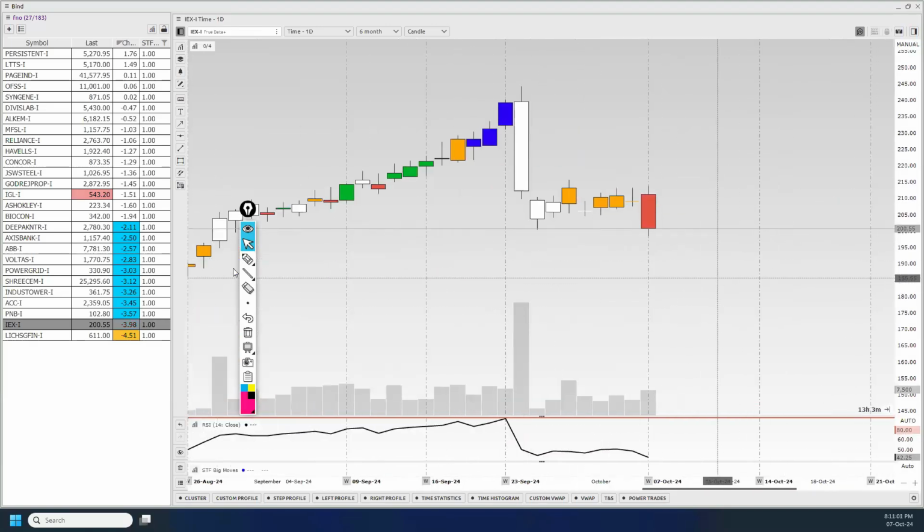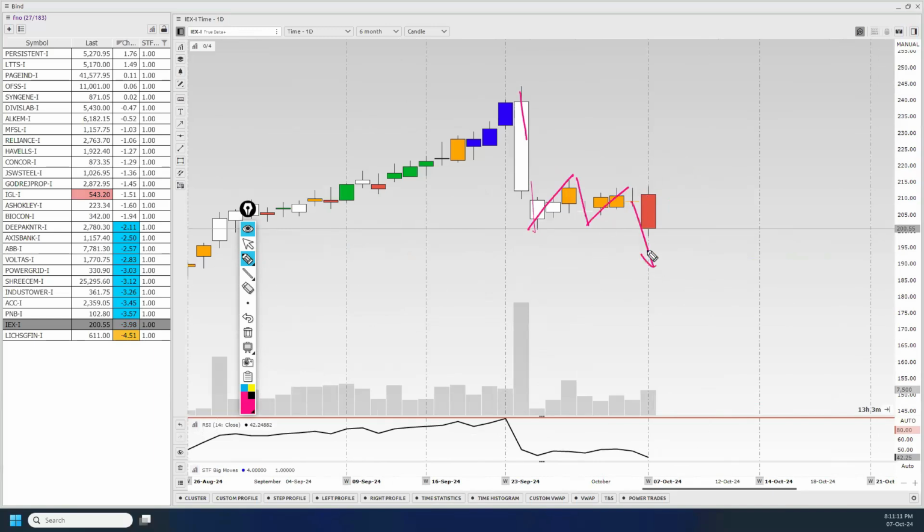Now here, this is interesting. It went down, moved up, went down, moved up. Now here, will you be looking for a short trade or a long trade? You will be looking for a short trade here. When you're looking for a short trade, this is your entry and this is your stop loss. This is one scenario that you already knew. This is your entry, this is your stop loss, and you will go short.